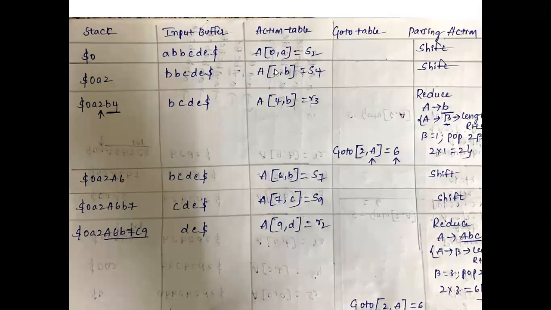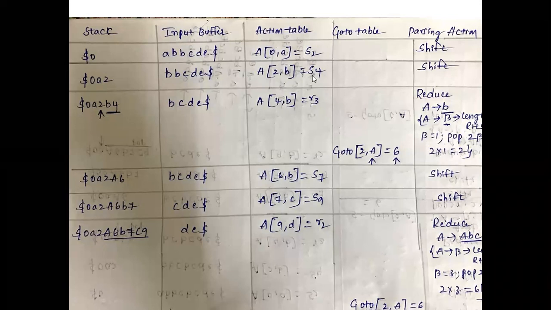Performing the shifting operation is very easy. Just take the symbol from the input buffer, and the number, and push them onto the stack, right? When it comes to reduce, we need to perform some action. R3 is the third rule from the given grammar, and that rule is A tends to B. Here we are considering the RHS of that rule, as given in the algorithm.